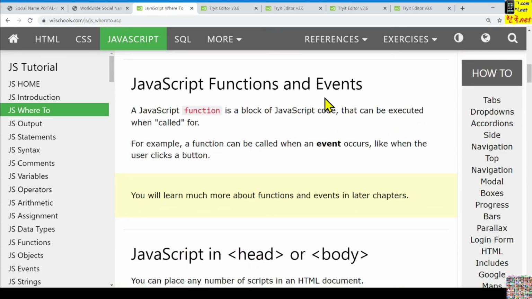And this one is about JavaScript functions and events. Like other programming languages, we can use JavaScript functions, and that will be more convenient if we have many built-in and certified functions, and we have a function library, then we can use them.